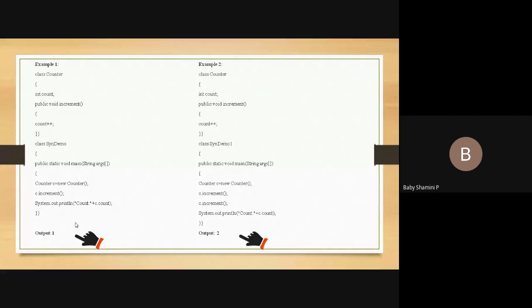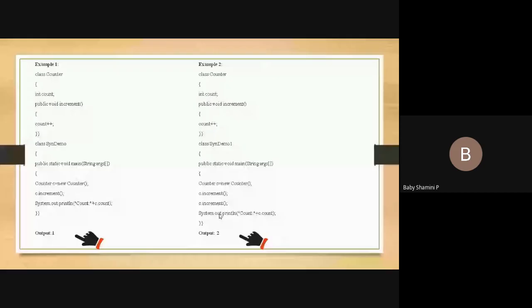We all know that. So consider the second example. If you want to increment one more count, we have to give two statements, c.increment() and c.increment(). The first time it calls c.increment, it moves to the increment function and increments the count value.